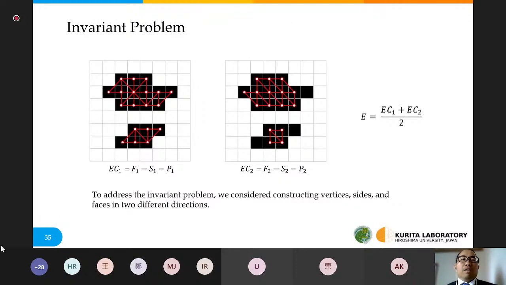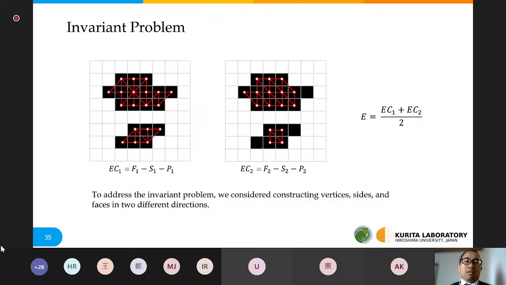To address the invariant problem, we consider constructing vertices, sides, and faces in different directions. This is the first direction, and the second direction is the opposite direction.